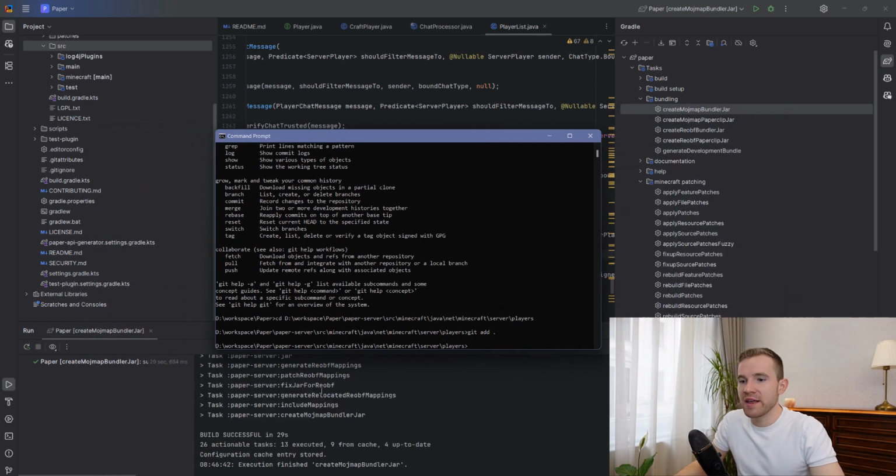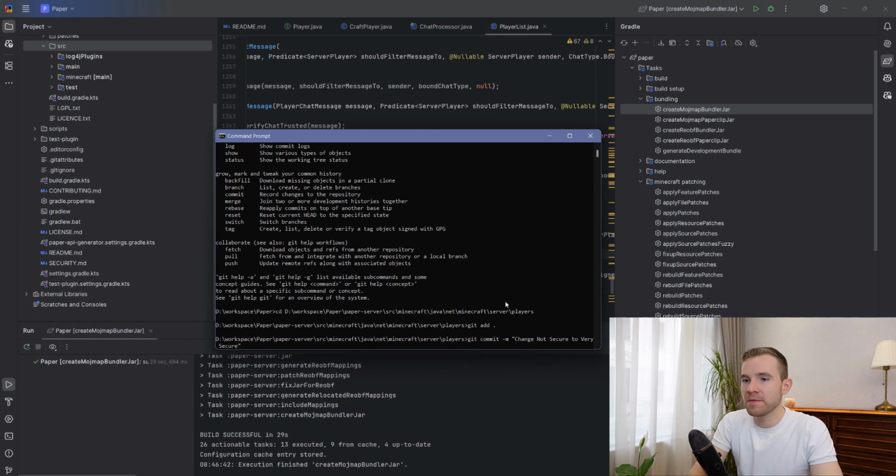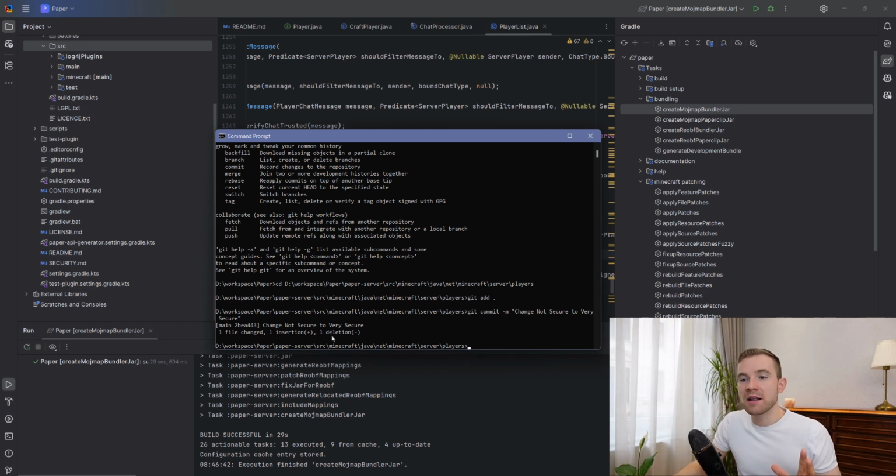So now that we have that, all we have to do is commit it manually. So I'm going to type in git commit and then -m and then my message, let's say "change not secure to very secure". Make sure to put your commit message in double quotes, hit enter, and if you've done it right, it should properly detect that we've only really edited one file, and there was one insertion,